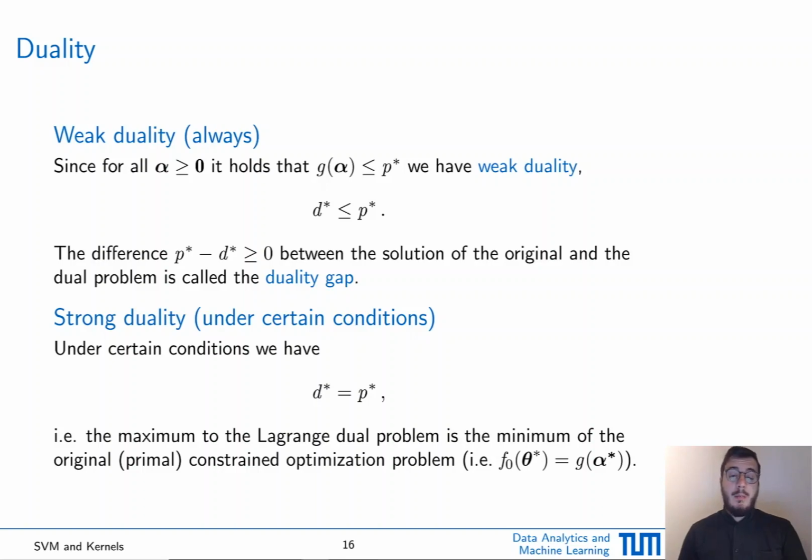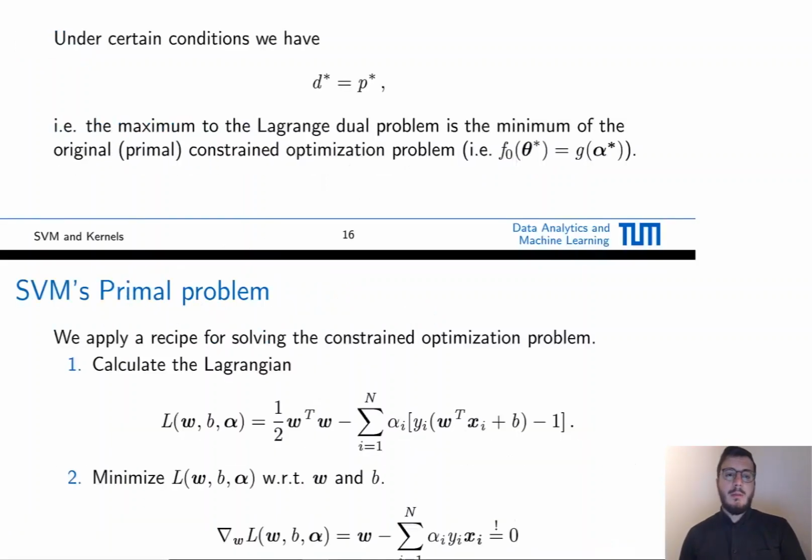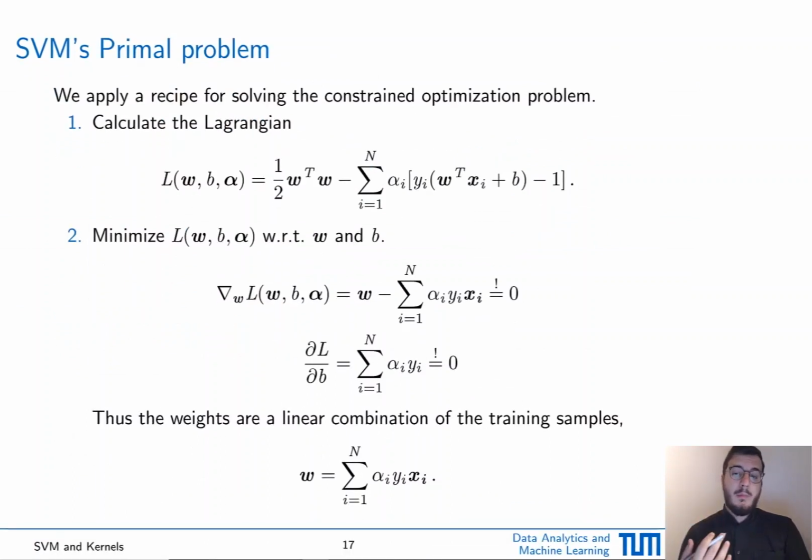Let's see how we can now apply this recipe for solving constrained optimization problems to the problem associated with the support vector machines. First, let's recall what was the actual problem that we wanted to solve. We wanted to maximize the margin, which corresponds to minimizing the norm of the vector w. So we want to minimize the norm of w, which we can write as w transpose w,